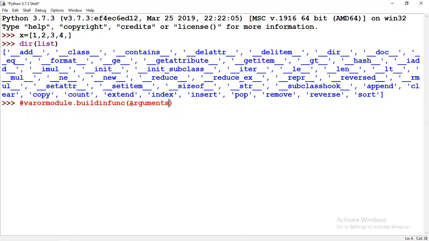Some built-in functions accept arguments, some won't accept arguments, and for some the arguments are optional. As you are starting out, we need to refer to the arguments from the documentation when you go to the advanced level.